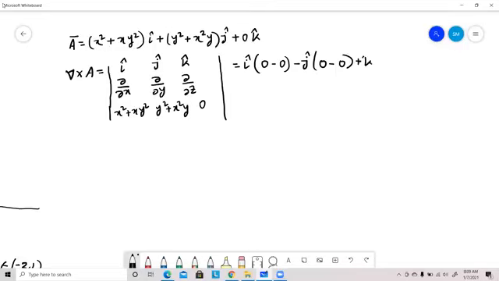And for the unit vector k, this column this row cancel, we get